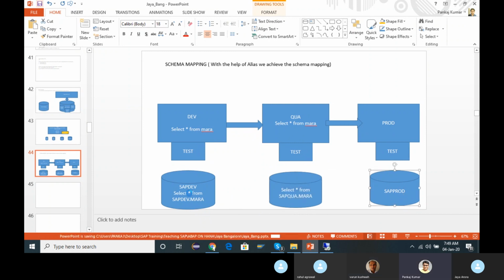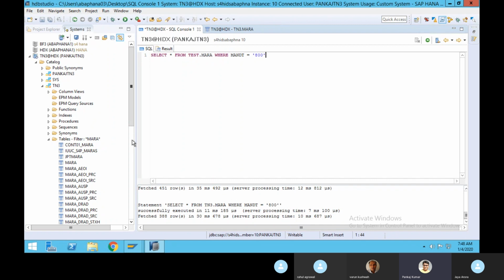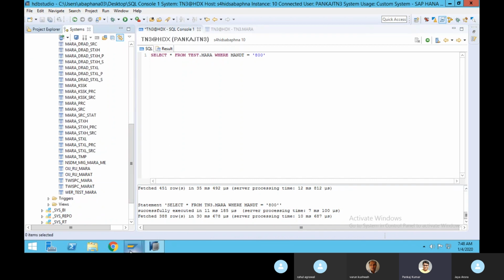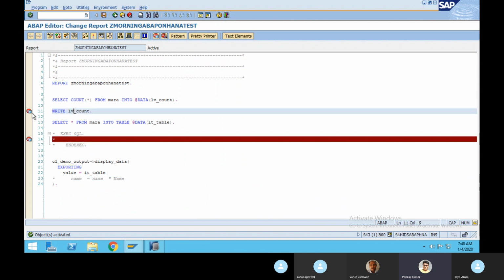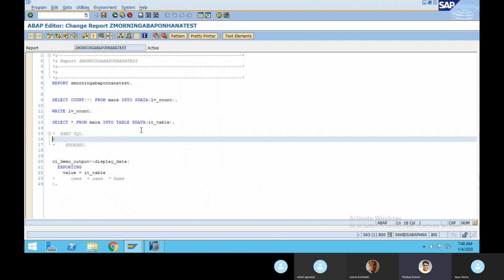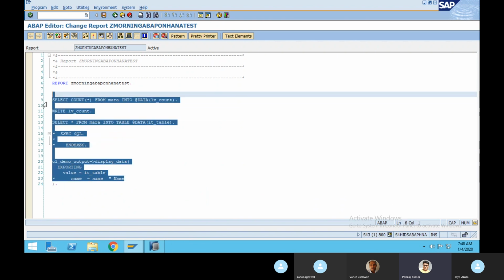Fine. Let's save it and go ahead. So we have seen that when I write select star, it gets the data from all the systems. Now we were also discussing some part: suppose you have some code written over here, in your system, and you want to check whether that code is HANA compatible or not.